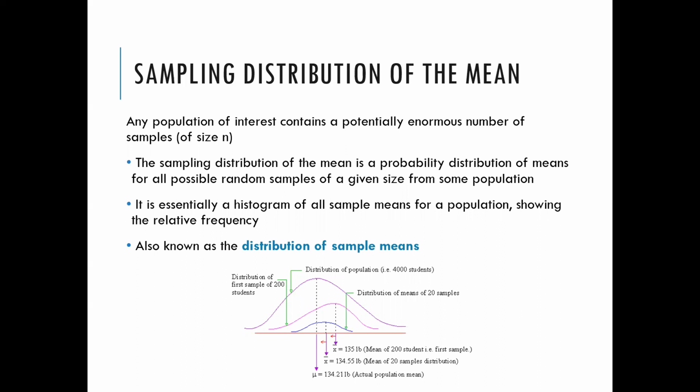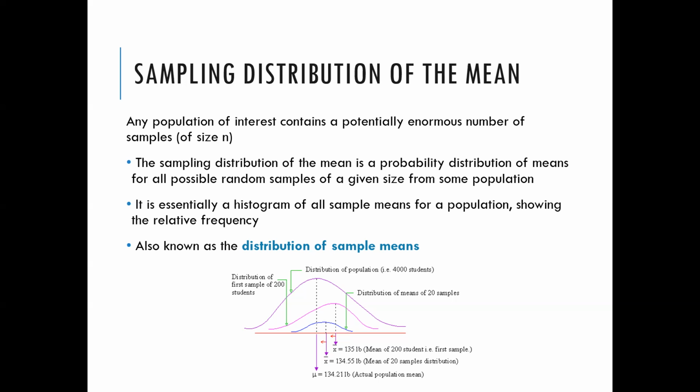Okay, so let's talk about the sampling distribution of the mean. The mean comes up a lot because it's one of the most common statistics that we calculate. So any population of interest contains a potentially enormous number of samples of size n. Each sample has a size of n individuals or observations. The sampling distribution of the mean is a probability distribution of means for all possible random samples of a given size from the population. So if we were to take a sample from the population, calculate its mean, take another sample from the population, calculate its mean,